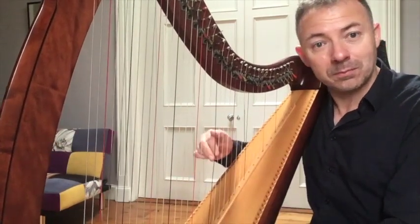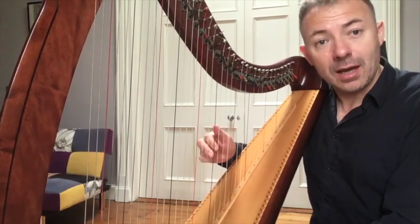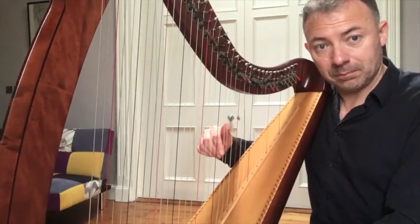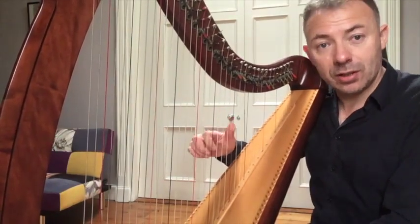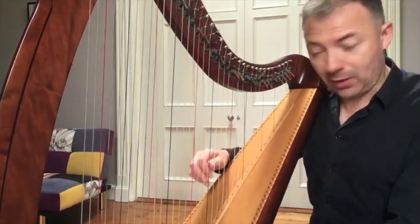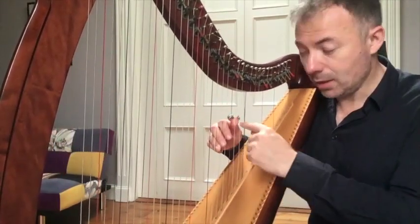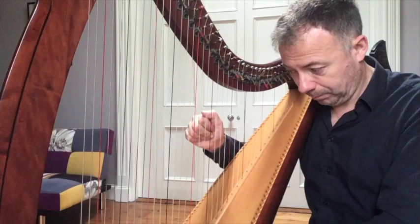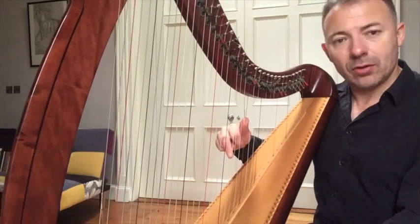So it's A, G, F, E, F, G. So those two together: G, C, G, C, G, A, G, F, E, F, G. And then the next phrase is A, B, C, and then D, B, G. And fingers, because these phrases go into each other, I think what you might do is 3, 1, 3, 1,